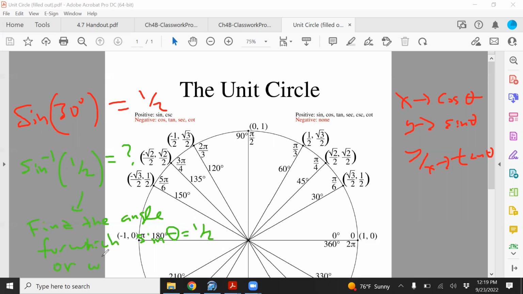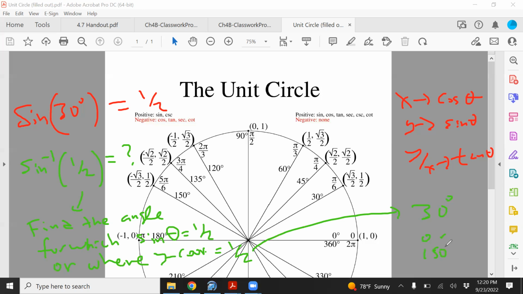Or where the y coordinate equals 1/2. Where in the unit circle, guys, let's focus. Where in the unit circle is the y part 1/2? 150 for sure. Also, where else? 30 degrees. So there's multiple places where that could happen. So find the angle for which sine theta equals 1/2, or the y coordinate is 1/2. It definitely would be at 30 degrees,